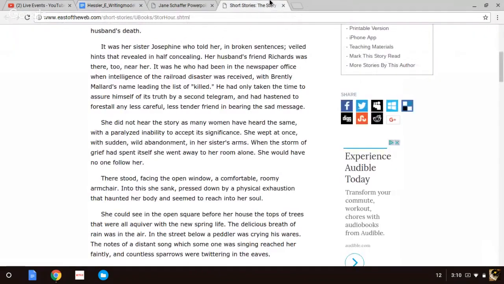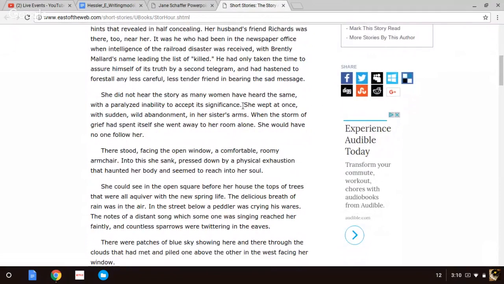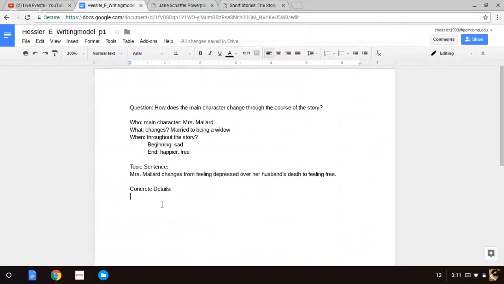Everyone should have that out. And if we look right here in the first section, it says she wept at once with sudden, wild abandonment in her sister's arms. So this is immediately after she finds out her husband's passed away. And we know that she's not faking it, right? She wept with sudden, wild abandonment because she was very sad about what happened. So we can say that in the story of an hour,